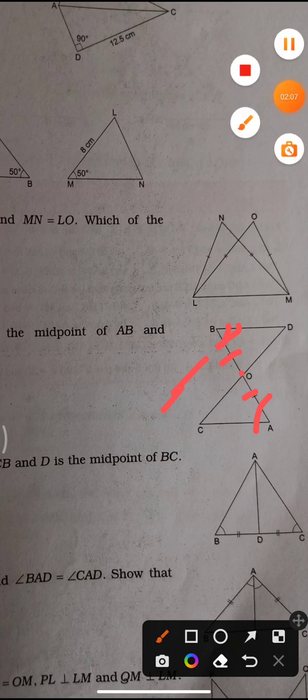So here we are going to start our solution. This is how we are going to solve it. First we will write whatever is given to us. Like we have written here, given BO is equal to OA, angle DBO is equal to angle CAO. And what we have to prove? We have to prove that AC is equal to BD. So this is the solution. You have to prove AC and BD.